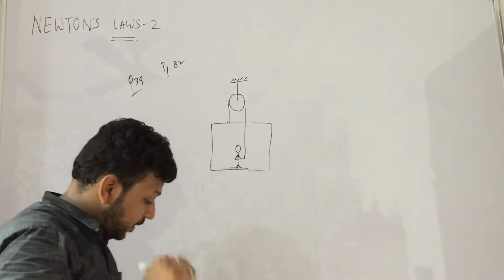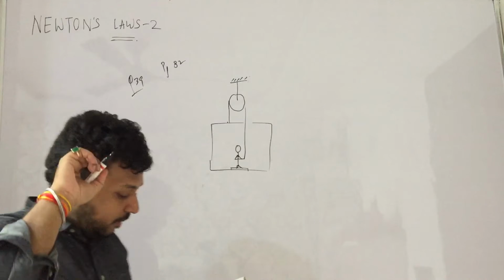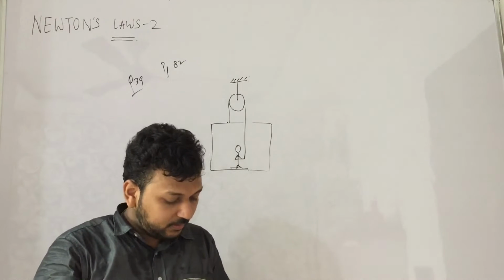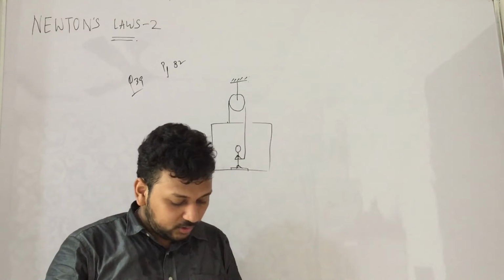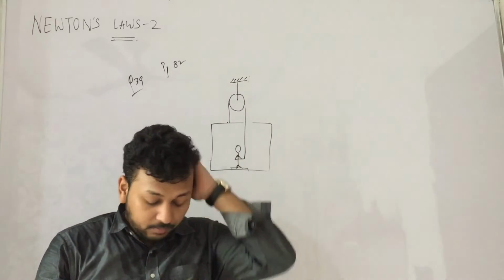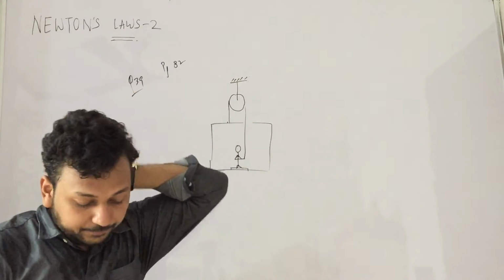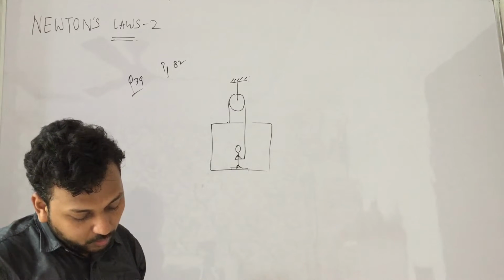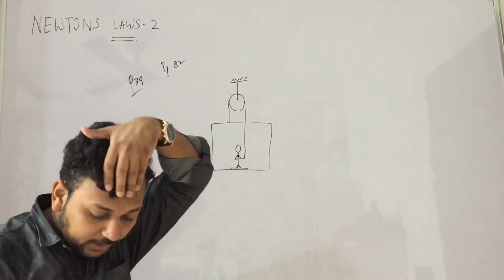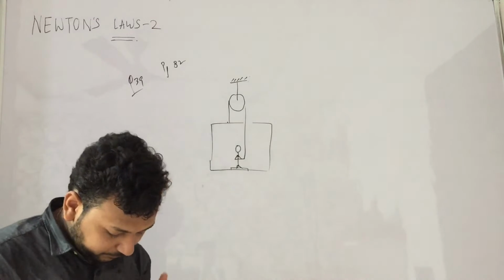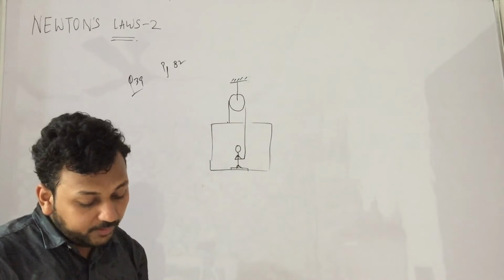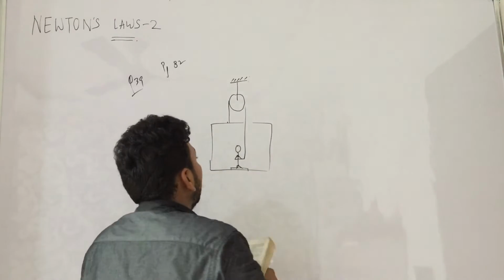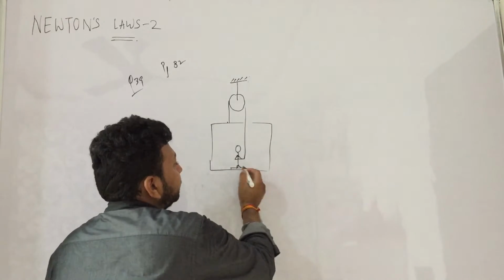This is the question. Now, the question is, the man's mass is 60 kg, standing on a light weighing machine kept in the box. Box mass is 30 kg. The box is hanging in place. The question is, if the man manages to keep the box at rest, what is the weight shown by the machine? What is the weight shown by this?